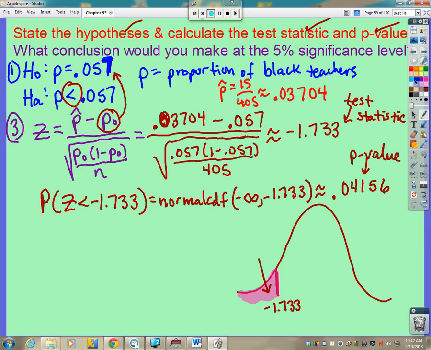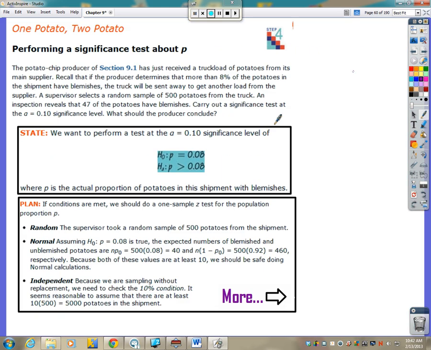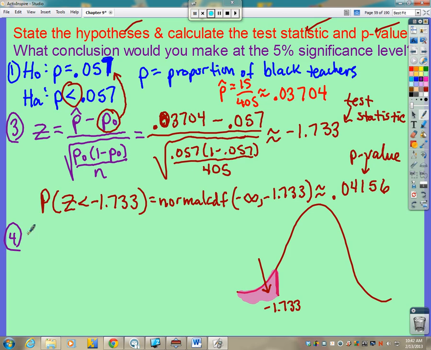Now, we stated our hypotheses, we calculated the test statistic, we've got a p-value. Now, what conclusion would we make at the 5% significance level? So here's number 4. Here's our conclusion. And this is where I want you to start writing that statement that I commented on back here. This is what we're going to write. We're going to say, now do we or do we not have enough evidence to reject the null hypothesis? Well, our p-value is less than the 5% significance level. So we will say we do